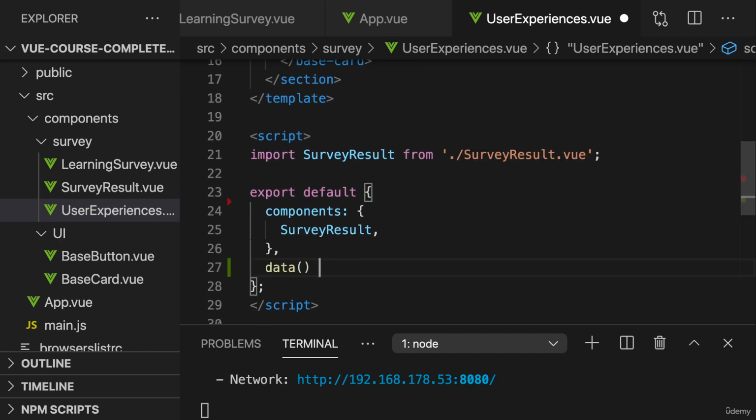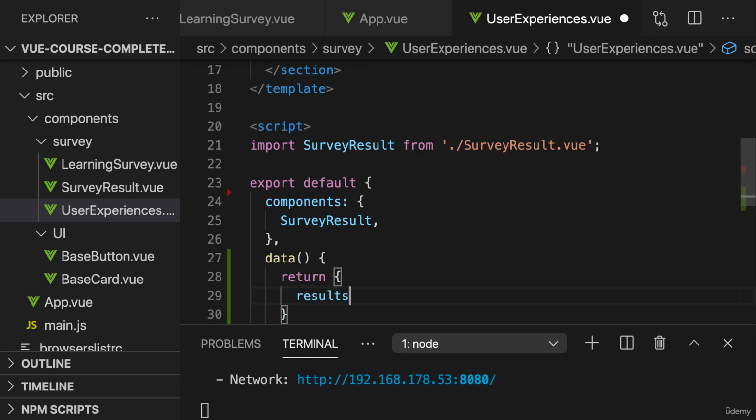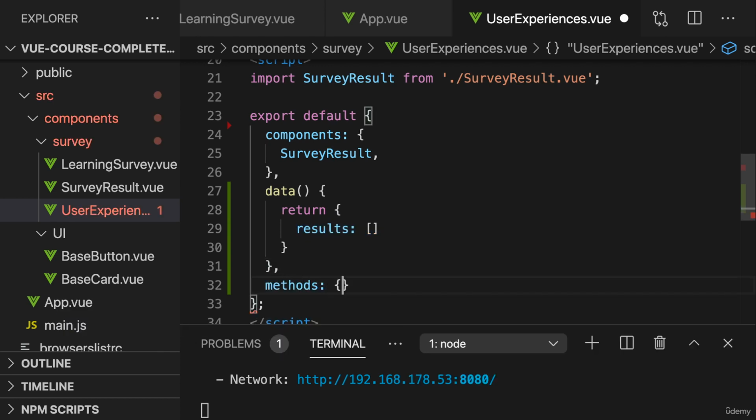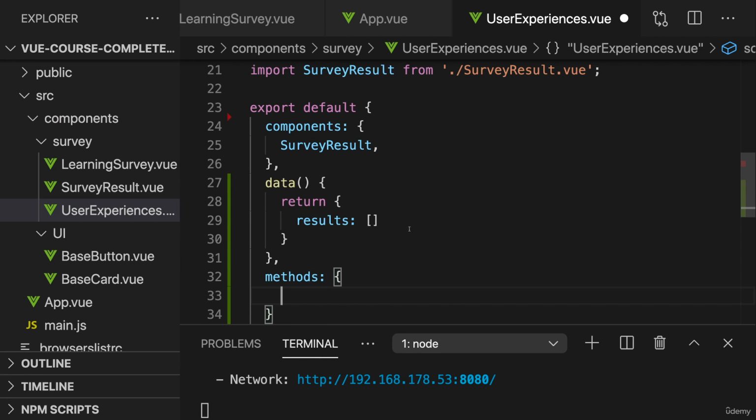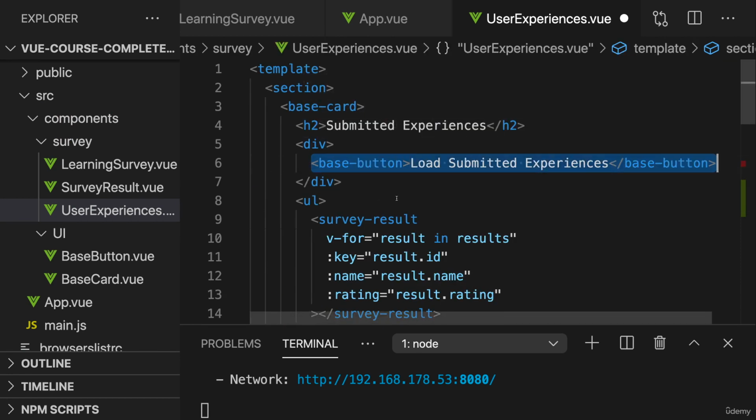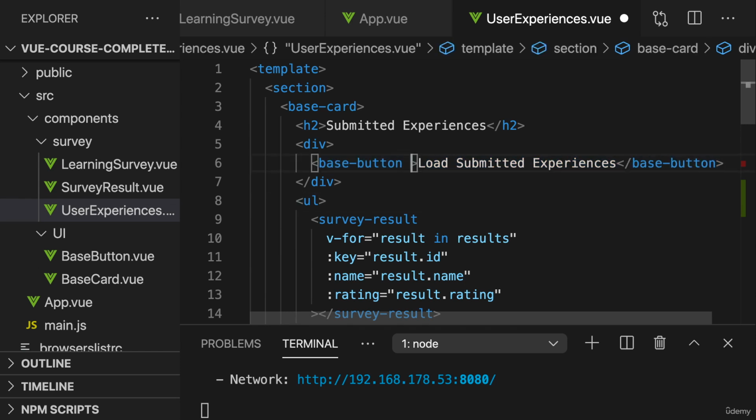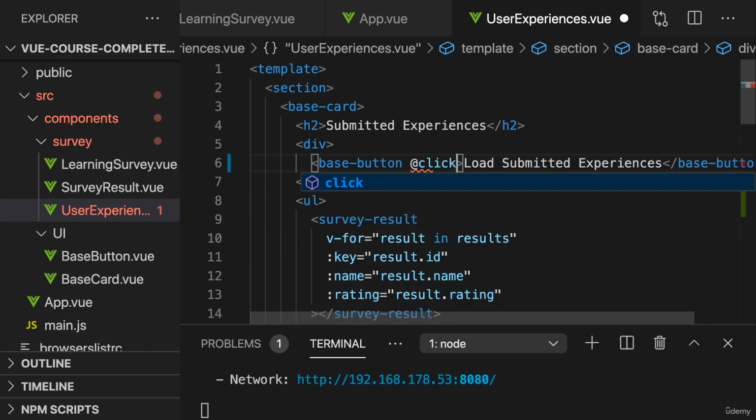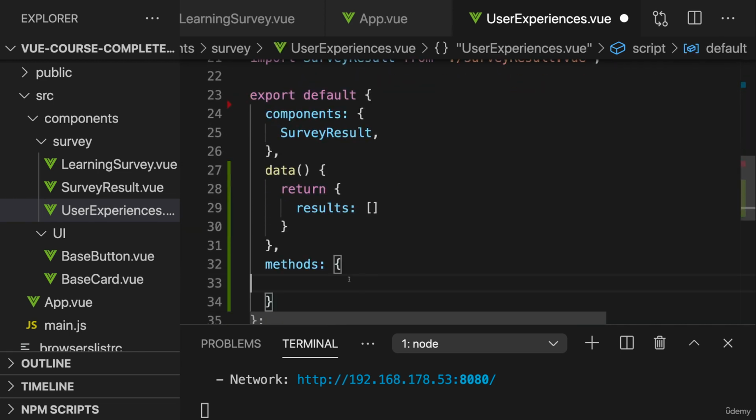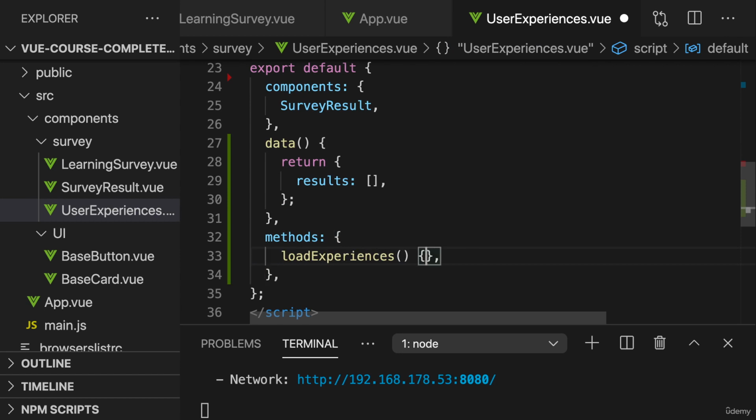Instead now, I want to manage some data in here and have my results as a data key. And initially it's an empty array. Now I also want to add some methods here though, or one method to be precise, a method that should be triggered when this button is clicked. So here I want to add a click listener to the button and trigger the load experiences method. Now that's a method we need to add now, so make sure you add it under that same name to